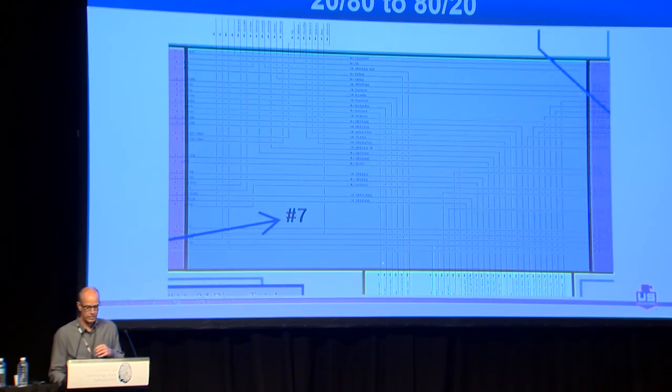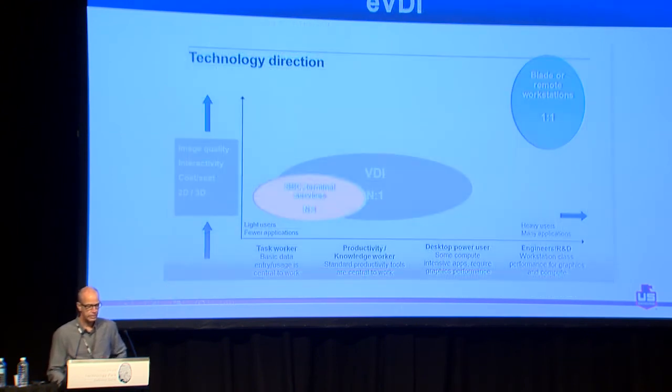Second thing that I'm going to talk about is a technology called EVDI. And do people in here use remote desktop at all? Is there people that understand remote desktop? So what remote desktop allows you to do is,